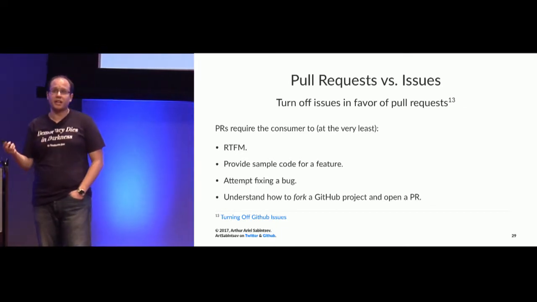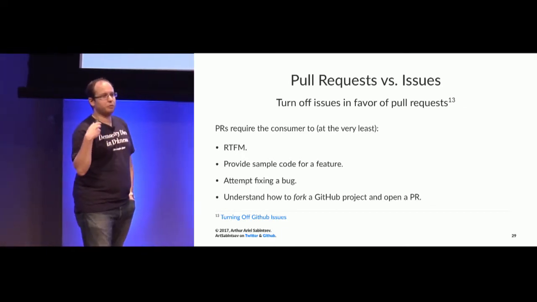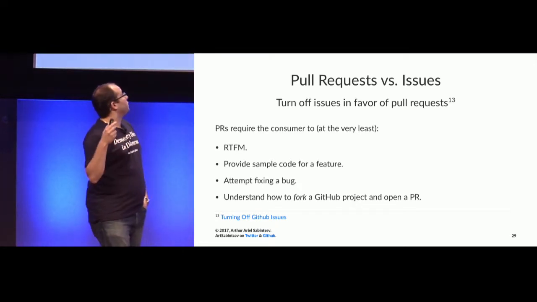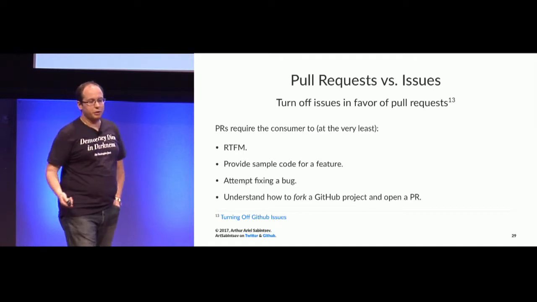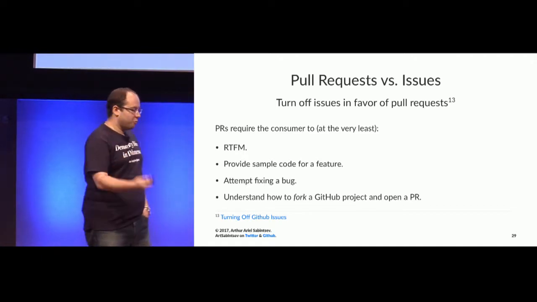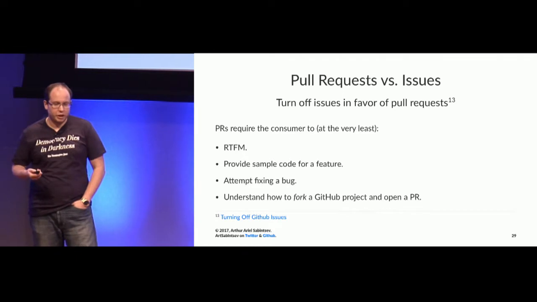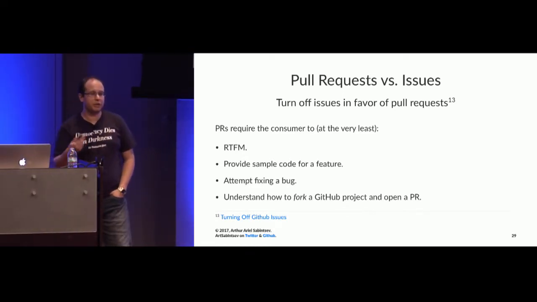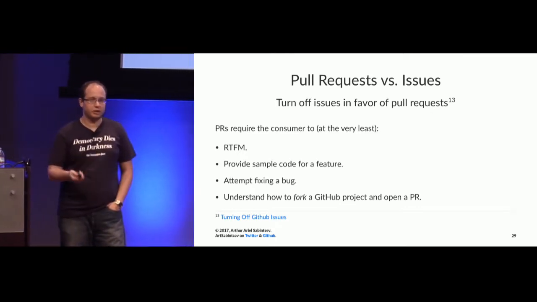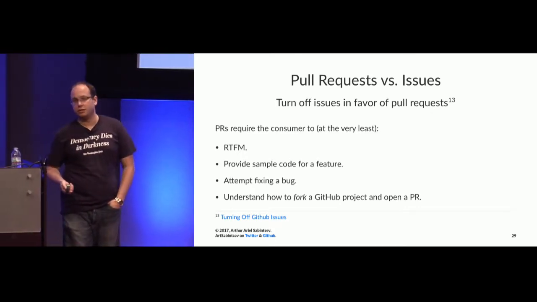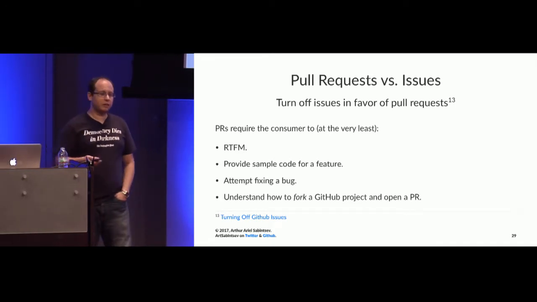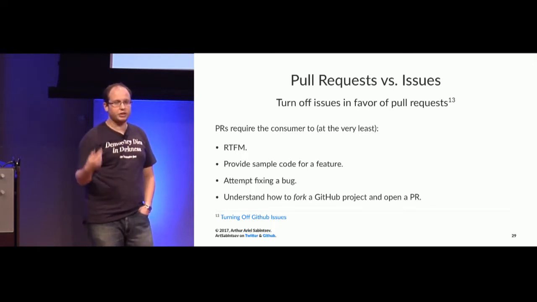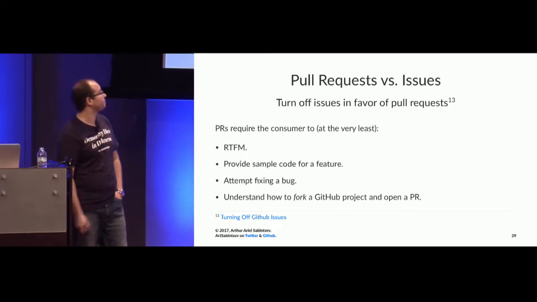What I've noticed is once I added a table of contents, people started leaving fewer of these issues around the manual. So the benefit of turning off issues is it forces people to read the manual. And by only having pull requests available, they have to actually change something in your codebase. So they have to attempt to add the feature that they want or fix the bug that's causing their issues, which may not be ideal. But hey, it's less work for you at the end of the day, because then you only deal with people who've already gone through the motions of understanding how your code is supposed to work.